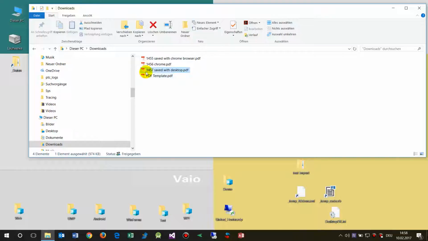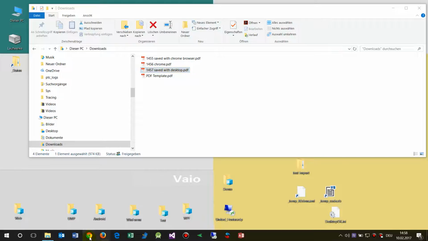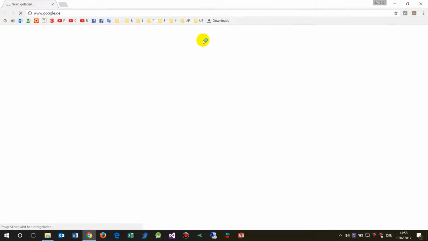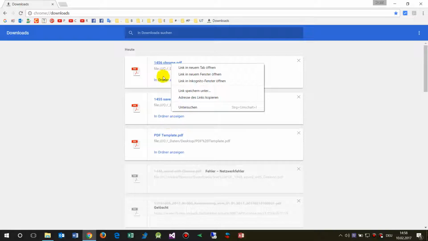Whenever you work with PDF forms, then you should open and run it from the desktop with a double click, or from there with Adobe Acrobat Reader DC. So on the desktop, this one is default. When you are on the browser, going Control J, then you will see those files there. And when you click on there, let's say this one,